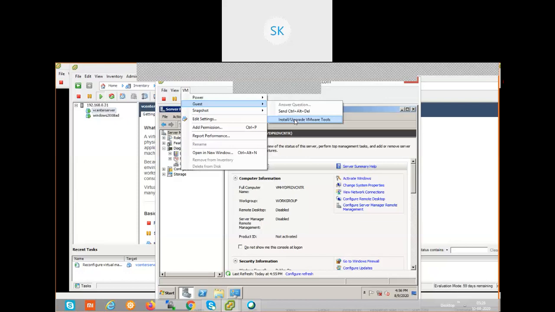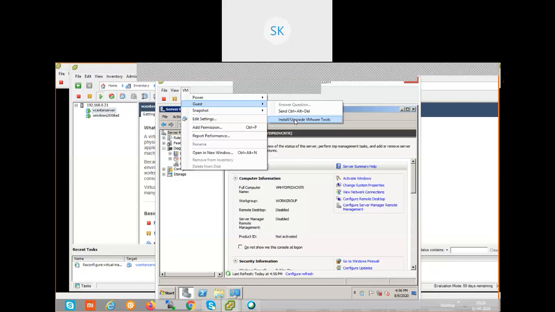It is not only loading the network driver, it is all the drivers for VMware virtual hardware. So as soon as we complete the creation of a virtual machine and the operating system, we did that installation for 2008. As soon as the installation is done, what next? The primary step is to load the driver for that respective version.